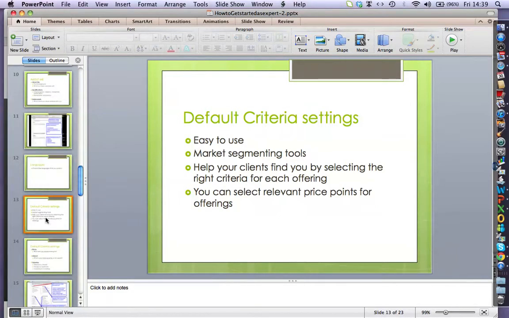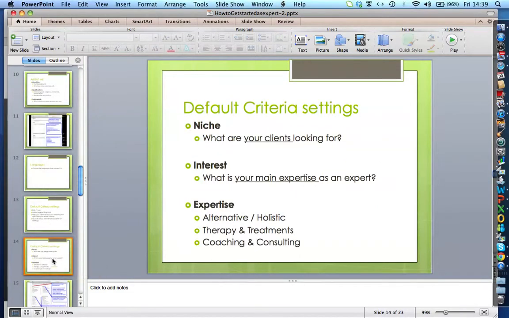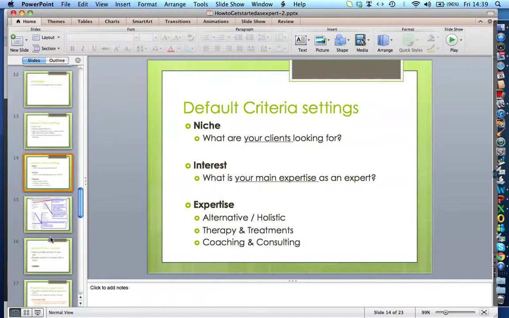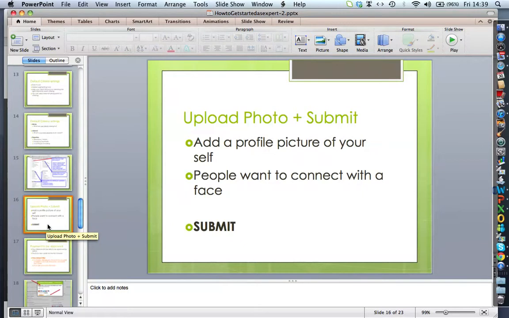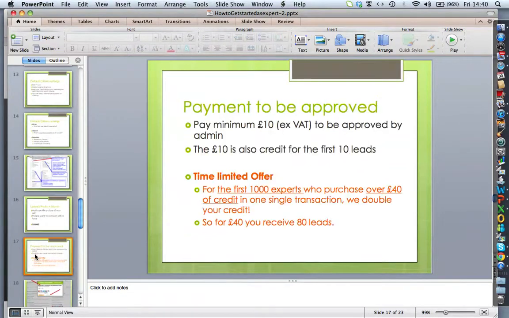We will have a tutorial that will actually go much more in depth into the default criteria settings. So go to that tutorial if you have time. But to finish your account profile, I would upload a picture, because people will want to connect to a face. So then you click on the submit button, and then the next thing that will happen is that